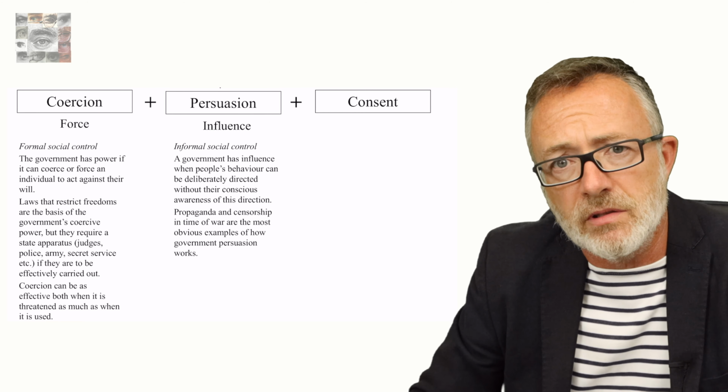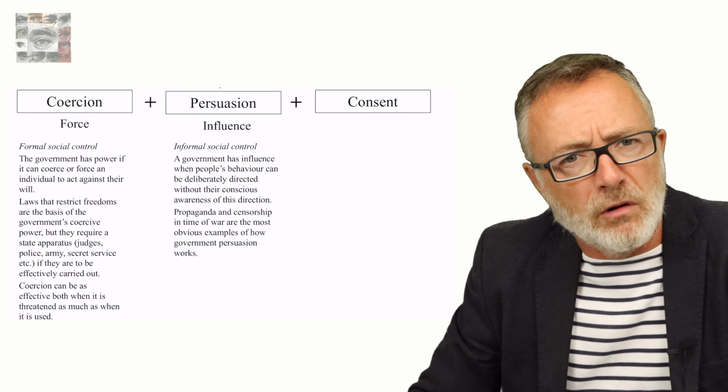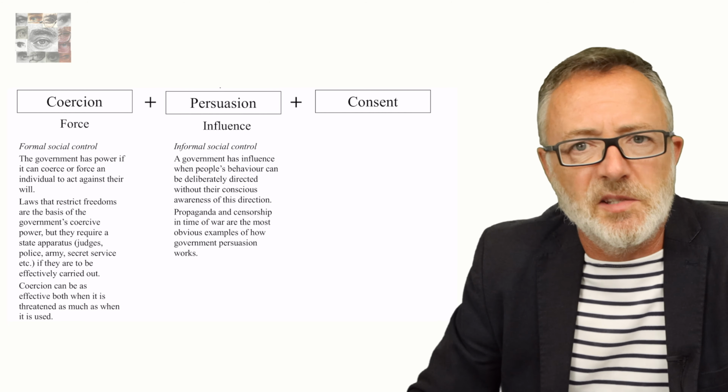Again, it goes without saying that in authoritarian states, informal social control is much more apparent than in democracies. In fact, the more totalitarian the authoritarian state is, the more the state visibly intervenes in the cultural life of its people. In the most totalitarian states, there is little or no distinction between propaganda and the arts, for example. Stalin is supposed to have said that he believed the role of artists is to become engineers of human souls.